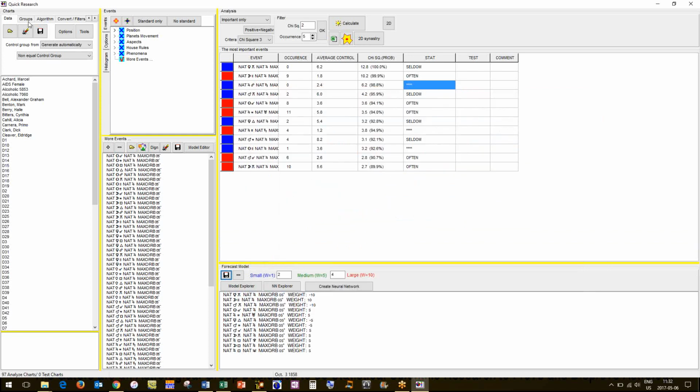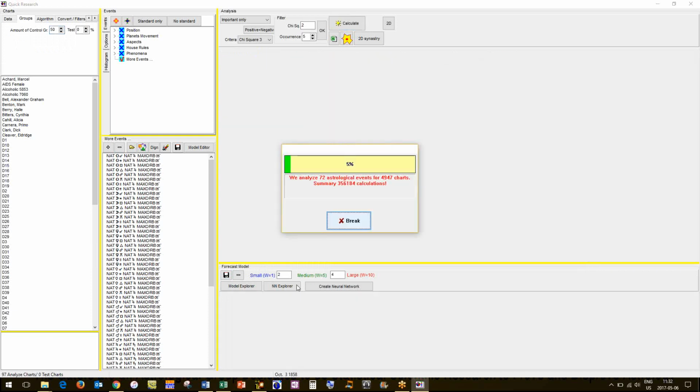Oh, wait a second. I just realized I didn't put 50. So then we calculate again. So again, it's important to save the results because that's what we want to do when we build the neural net. And again, all of this, sure, it's good to see what comes up as a high contributor or not, but it's also important to build up the model for the neural net, and that's usually what we want to get. And we'll have a whole section on the neural net as well.